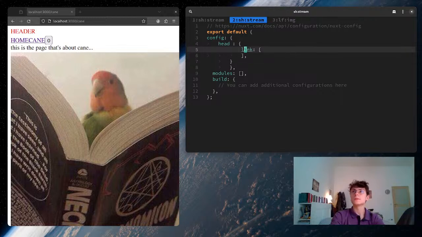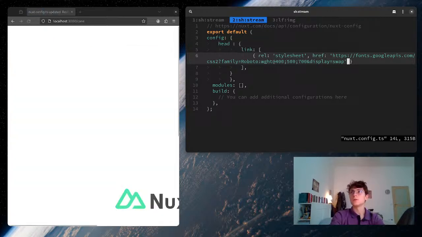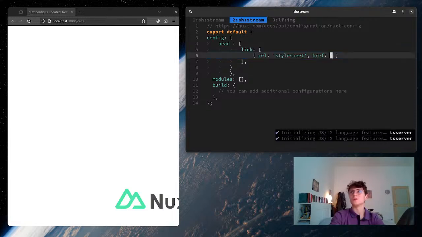Right, so it looks like Copilot is happy with what we're doing. Not looking for a style sheet, and I don't want to download it from Google Fonts or anything. I just want this